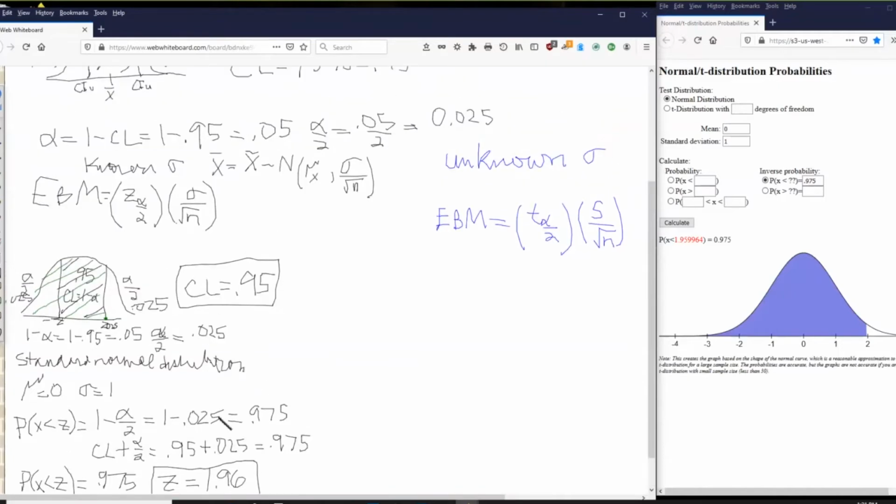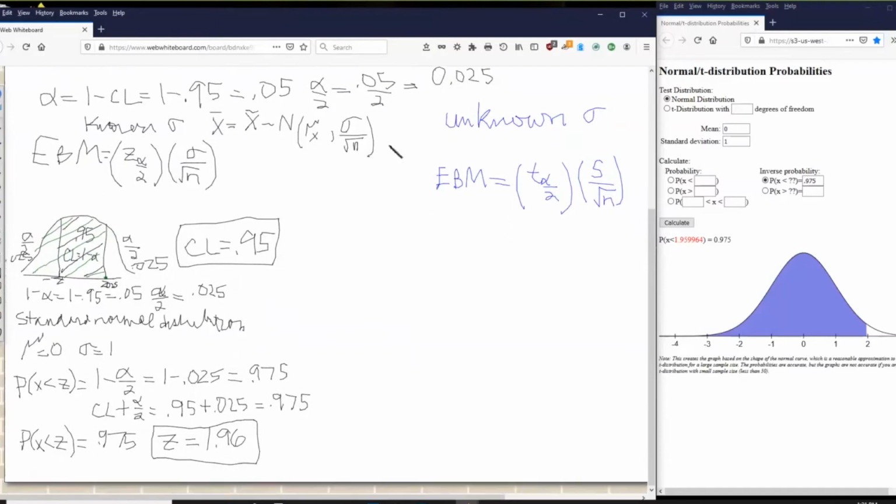Okay? Now let's do the same thing, but with an unknown population standard deviation. So now if I have an unknown population standard deviation, I'm going to use this t-distribution, known as the student t-distribution with blank degrees of freedom. Now the difference here, so let me go ahead and